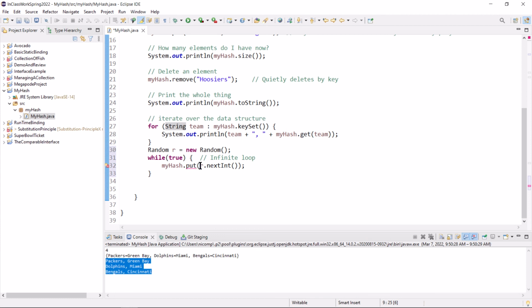That means I need to convert this to a string, and that means integer converted to string, and I can probably do string like that. No, I can't. Okay, so I can't do that, and I know why, but I won't go into it. Now I need to convert an integer to a string, so I'm going to do String.valueOf(). And is it happy about that?